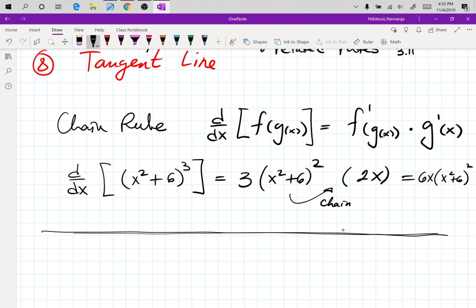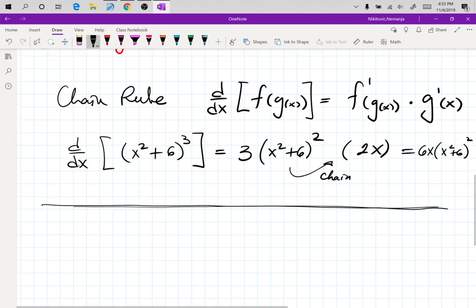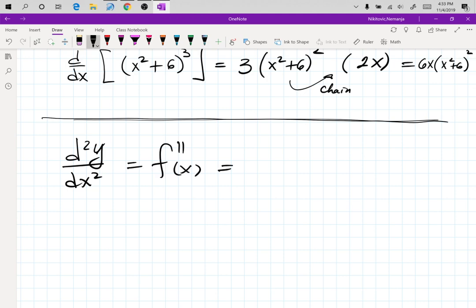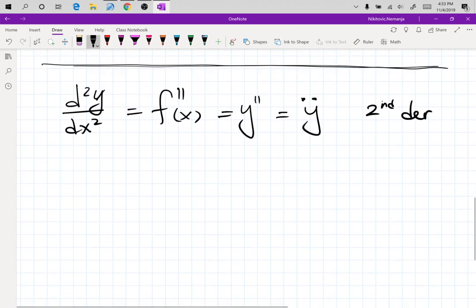I have a question. I took a picture of it from the quiz from the other day. Are you ready? I was born ready. All right. Find the second derivative, so d squared y over dx squared, also known as f double prime, or y double prime, or y with two dots. All of that is the second derivative. So find the second derivative